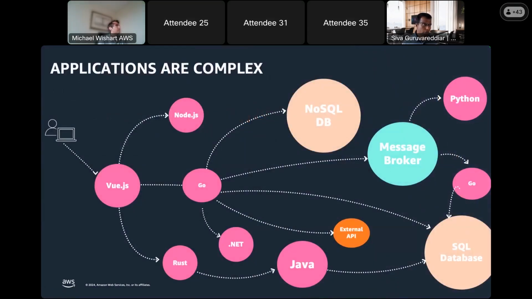So let's start with the application layer. Especially after this microservices era, applications are becoming too complex to manage today because there are a lot of programming languages. There are a lot of database types like SQL databases, NoSQL databases, and then we have message brokers like Kafka. So even a typical request coming from the customer goes through multiple hops written in multiple programming languages, multiple frameworks, and multiple databases. When these things are getting complex, how are we going to manage it?